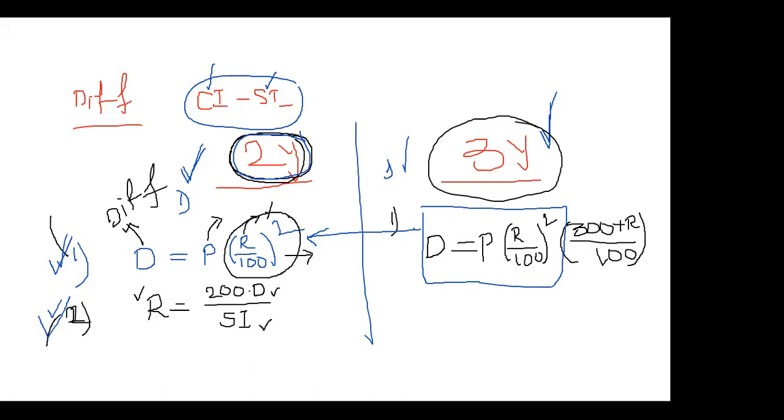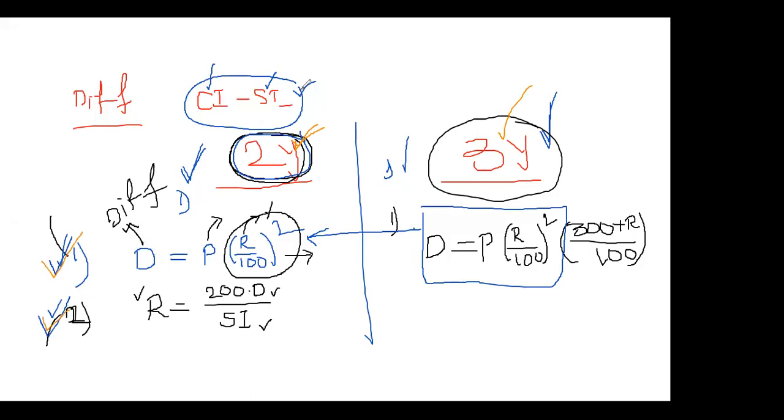Okay, good. Now see here, they will give questions related to the difference between compound interest and simple interest. In this type of question, they will give 2 years or 3 years. When they mention 2 years, we have to write these 2 formulas. The formula for the difference between compound interest and simple interest over 2 years is: